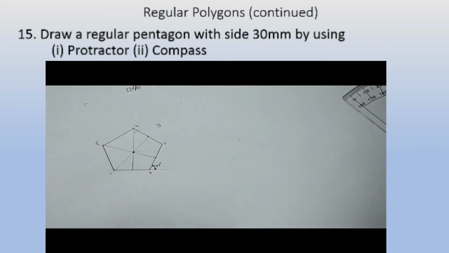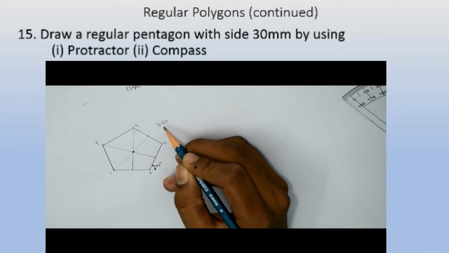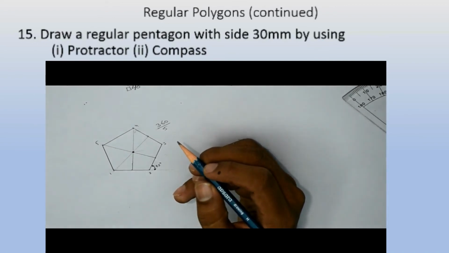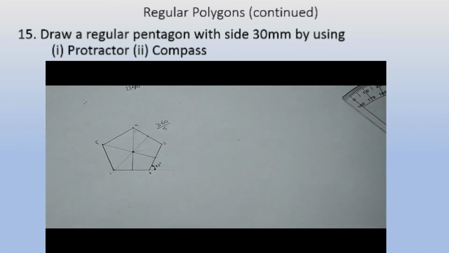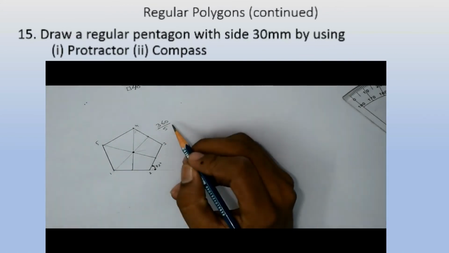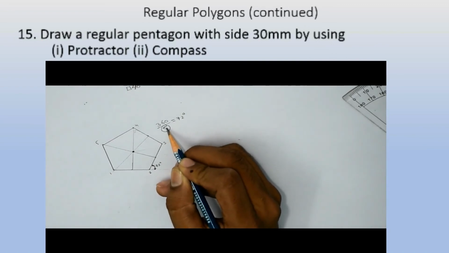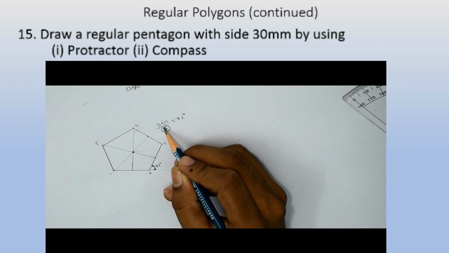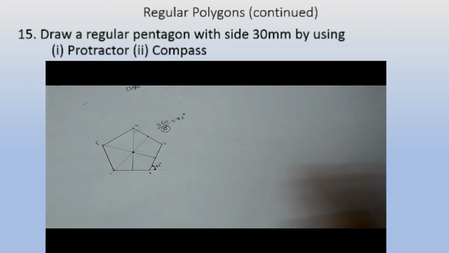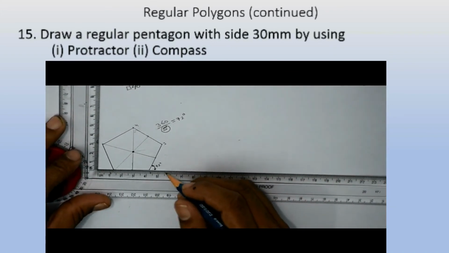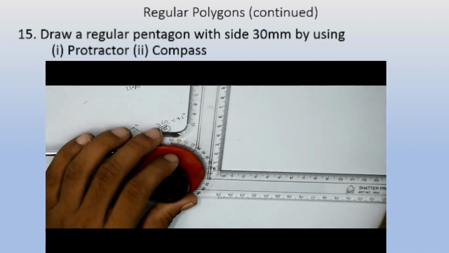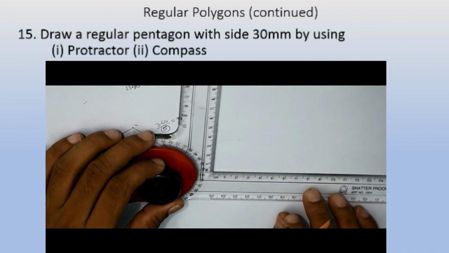So this was a pentagon by using protractor, and for easy remembrance, a pentagon will have 5 sides and 360 by 5 will be 72 degree. That would be easy for you to remember. 72 degree, pentagon, penta, 5 sides, 360 by 5 is 72 degree. That's it. You can easily remember this angle. And now I will draw the pentagon by using compass method.